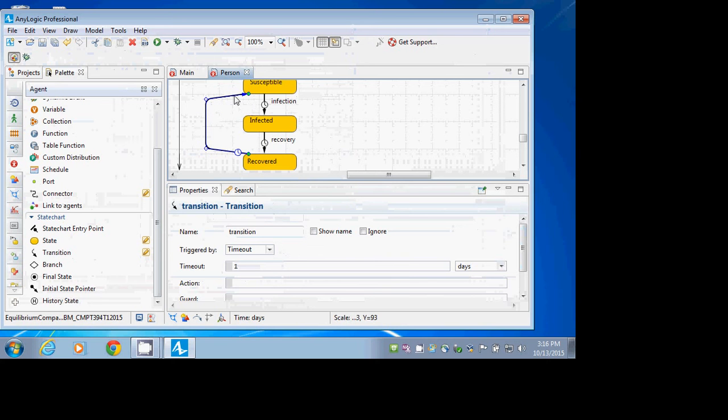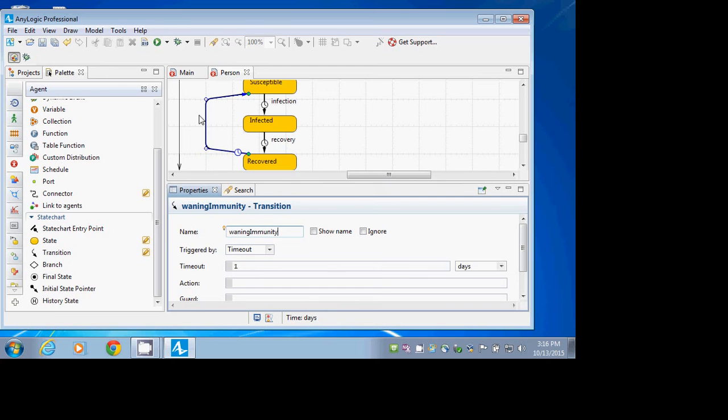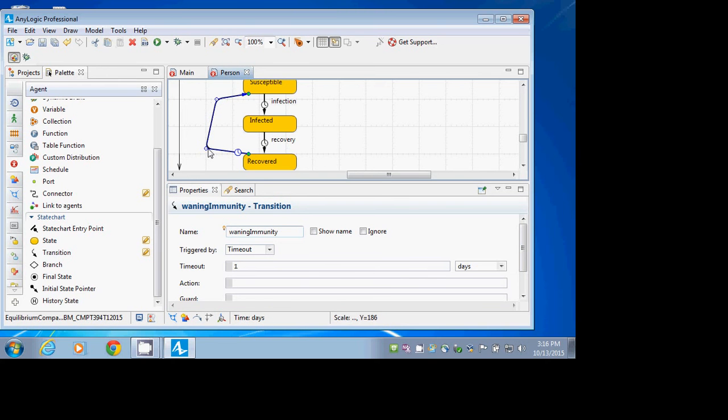So this transition we call waning immunity. Okay, great. So we've encoded now the actions, but we need to specify the rules by which they take place. And you notice when we added this latest transition, its default unit was days, because that was the default unit of the model. Okay, great. So, ladies and gentlemen, if we want to capture the same type of logic over there that we captured in yonder model,